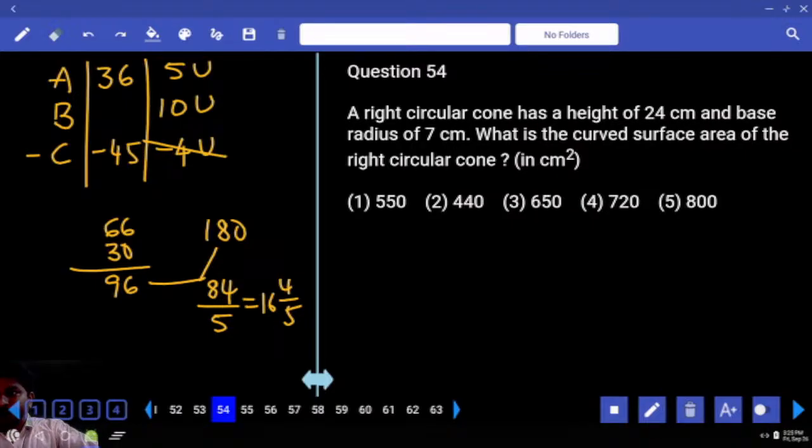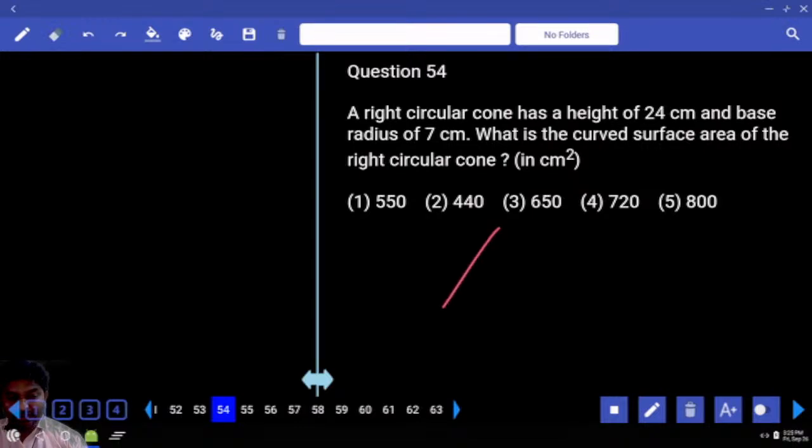A right circular cone has a height of 24 centimeters and a base radius of 7 centimeters. What is the curved surface area of the right circular cone? There is a cone whose height is 24 and the radius is 7. Then if you